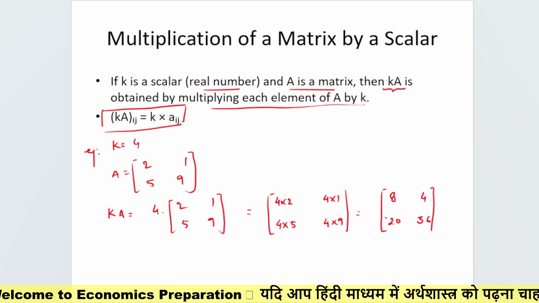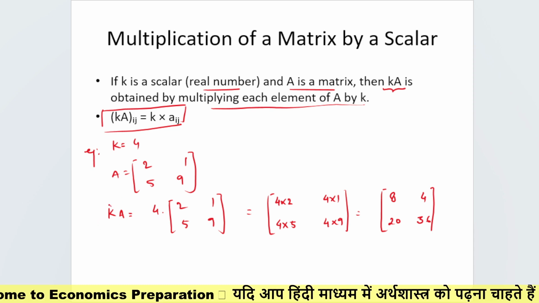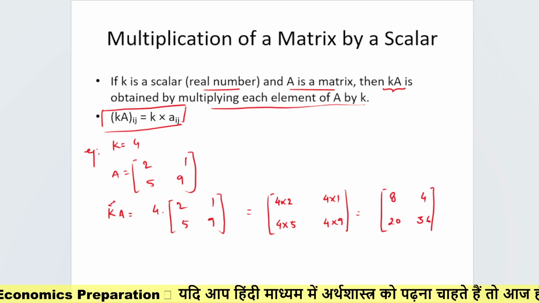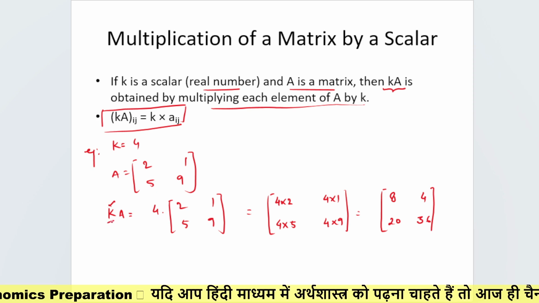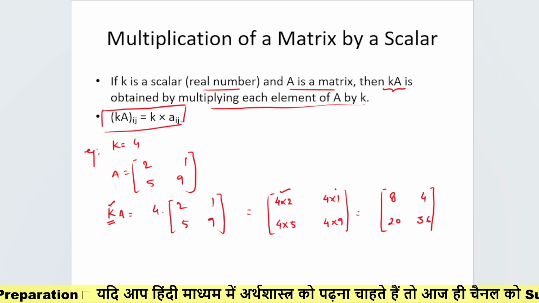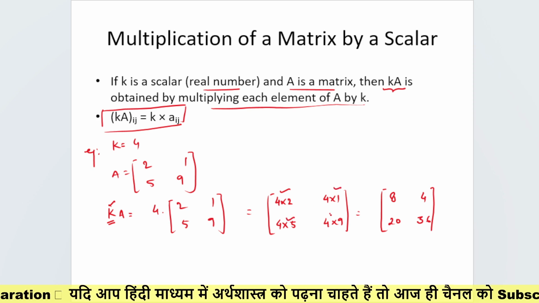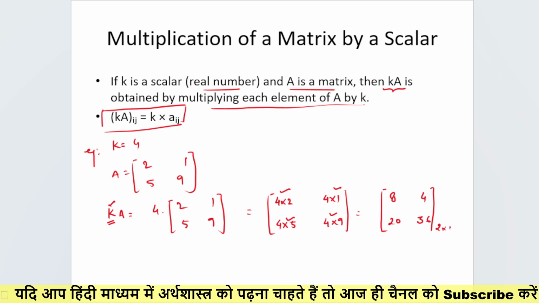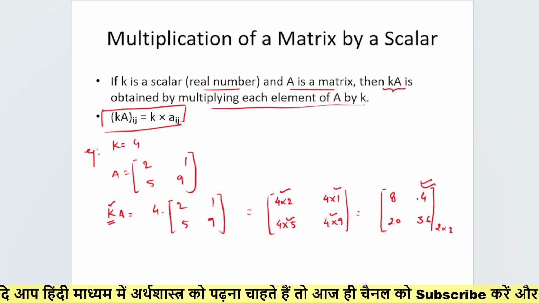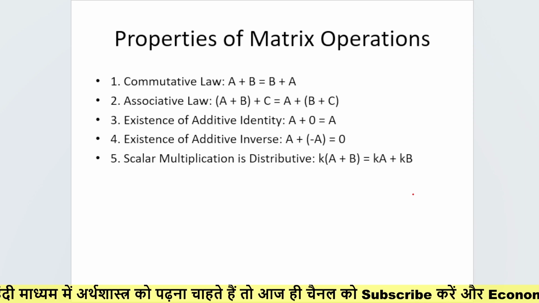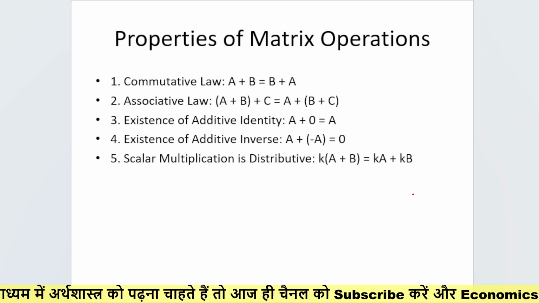ओके बेटा, तो जब हम किसी एक नंबर से मल्टीप्लाई करते हैं किसी मैट्रिक्स में, तो हम क्या पाते हैं कि वो जो नंबर है वो उस मैट्रिक्स के सभी एलिमेंट्स के साथ मल्टीप्लाई होता है। ओके, और हमारा रिजल्टेंट मैट्रिक्स इस प्रकार से हमको मिलता है। आई होप इट इज क्लियर।